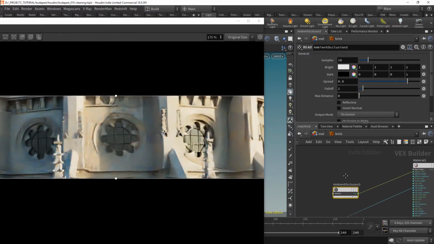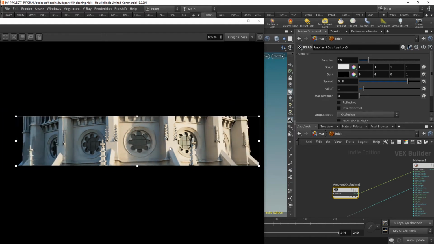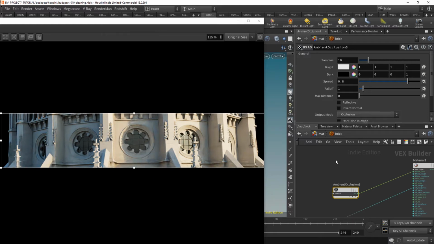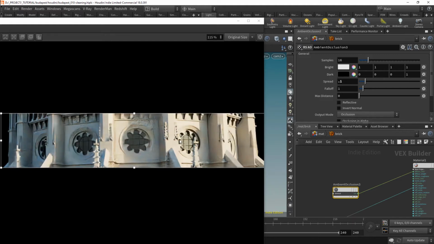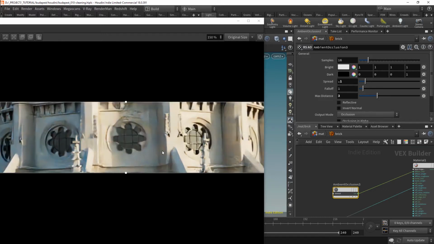Just by plugging that, we already get some pretty interesting result in terms of shadows and how everything is blending together. Now it's a pretty expensive node in terms of rendering time, so don't be surprised if things get significantly slower. And well, the main parameter would be spread, so pretty self-explanatory. A lower value would result in more contrast. I'm gonna increase the max distance. Not sure if leaving it by default at 0 is a good idea,